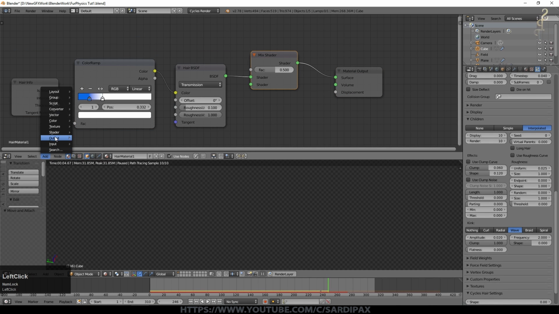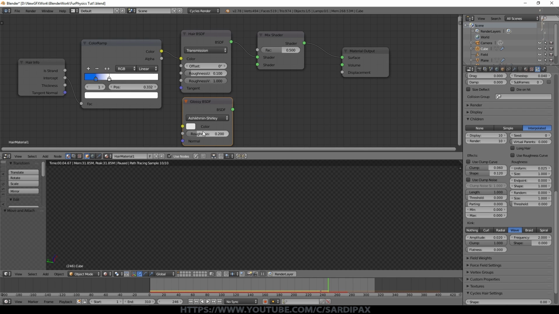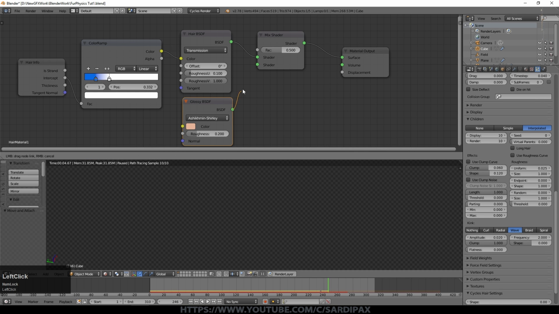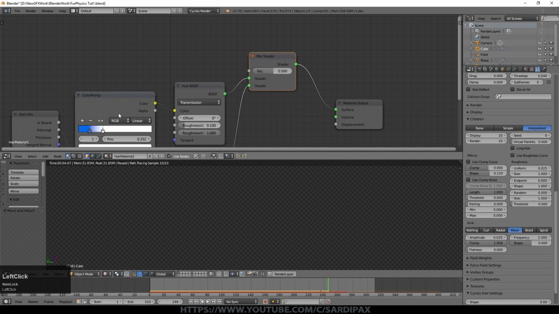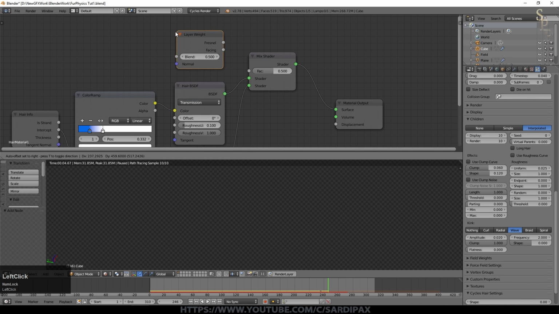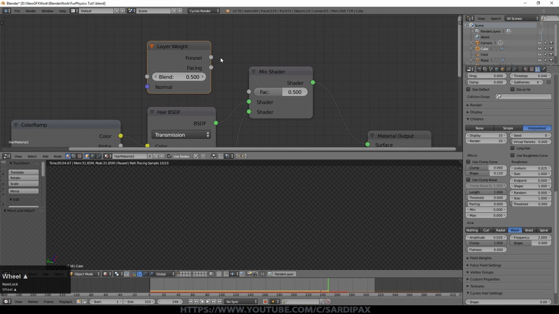And now I'm going to add another shader which is a glossy. Set it to my preferred method, and just for interest, rather than leaving it white, I'm just going to add a slight colour to it. So I'm going to add a sort of pinkish colour and connect that to the other side of the shader. And I'm going to set the roughness to 0.02. And then finally I need to control this mix. So I'm going to add a layer weight node. I'm going to use the facing output, so this determines the angle that a light ray has bounced off the object, in this case the hairs, and I set these to about 0.3.